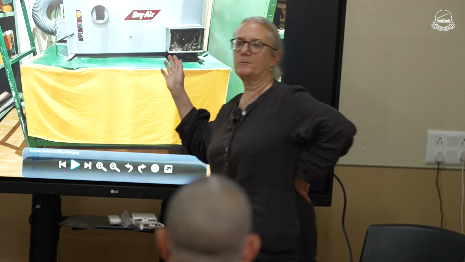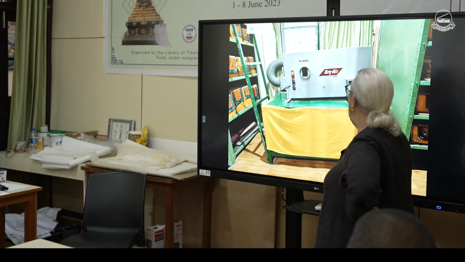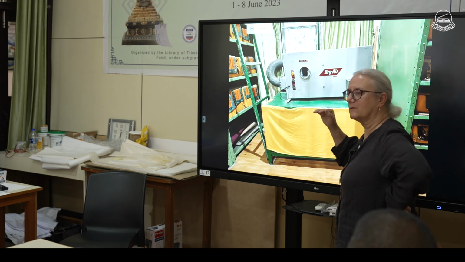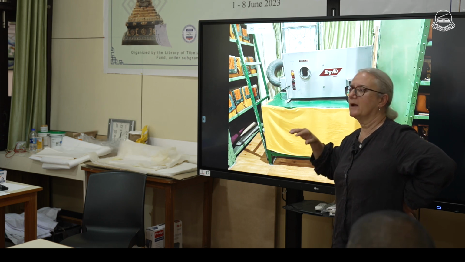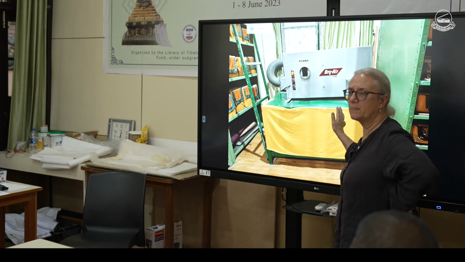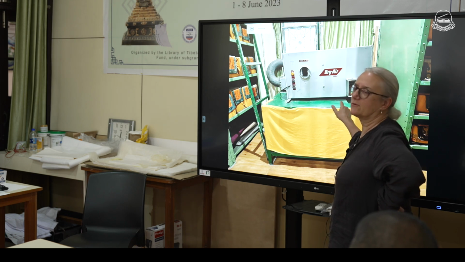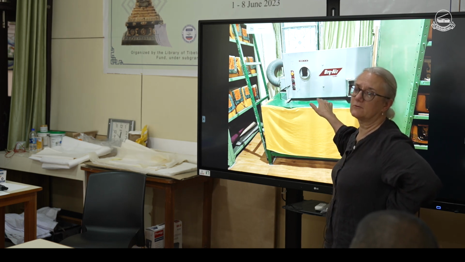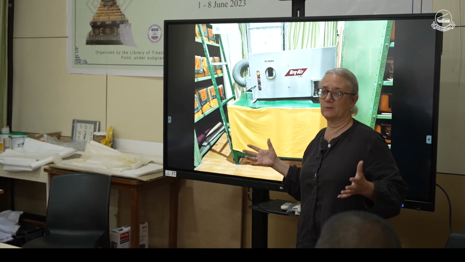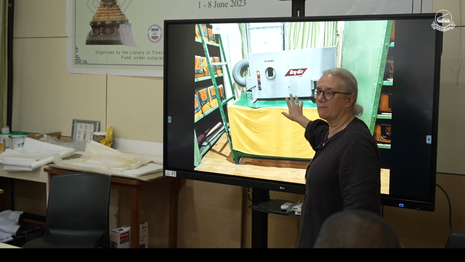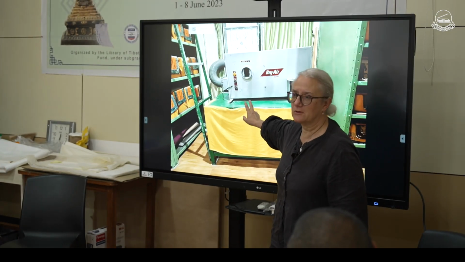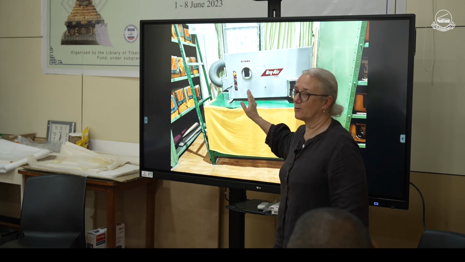They have these big dehumidifiers, and they seem to be working. They have some temperature and humidity monitoring, and they seem to be keeping it stable. But one of the things that's very important, if you have an enclosed room and you have a lot of books in it, the books are actually the thing that's keeping your temperature and humidity very stable. The books are absorbing and desorbing humidity. So we don't really know if these are working. And there's two issues with these machines. We're not really sure if they're working properly.